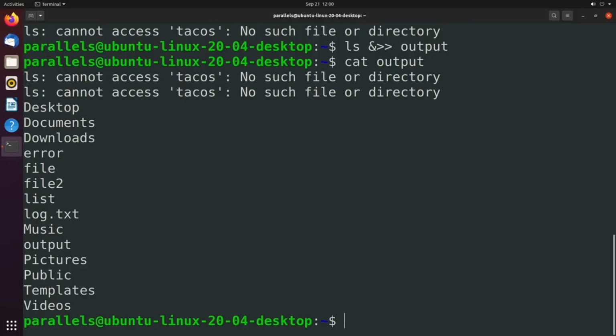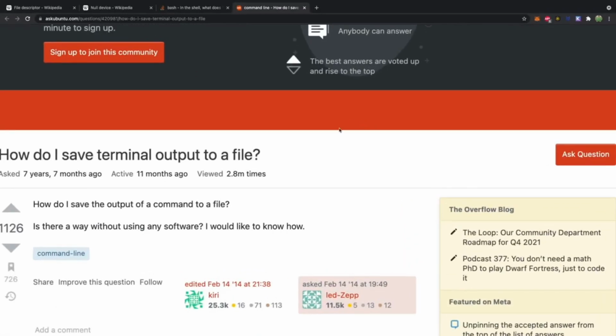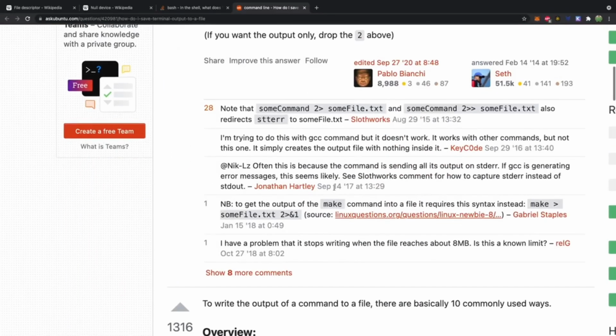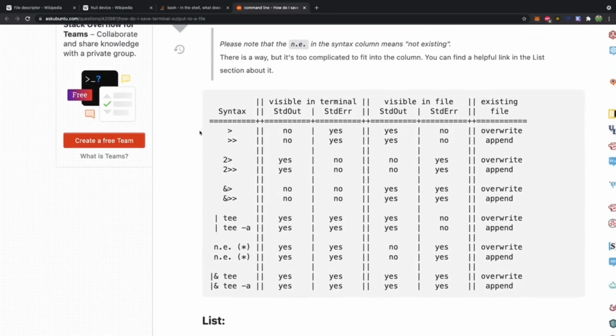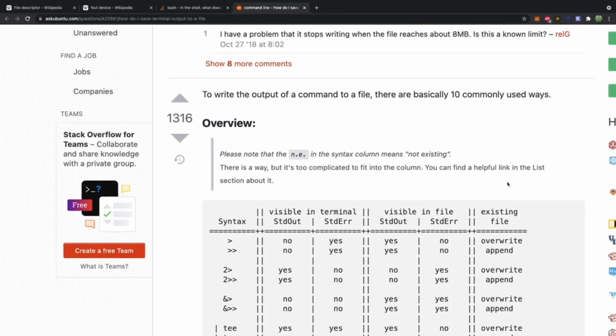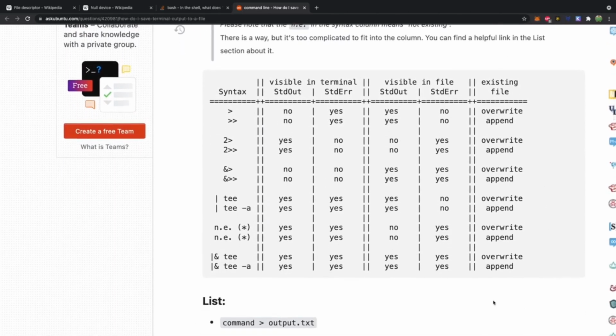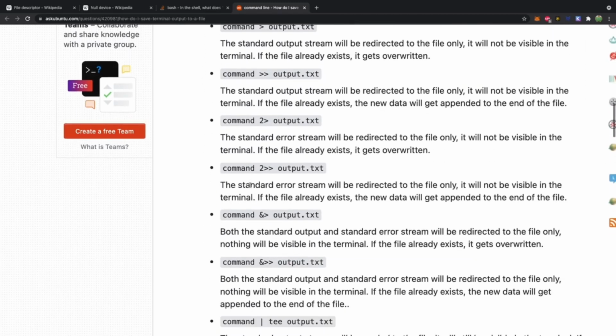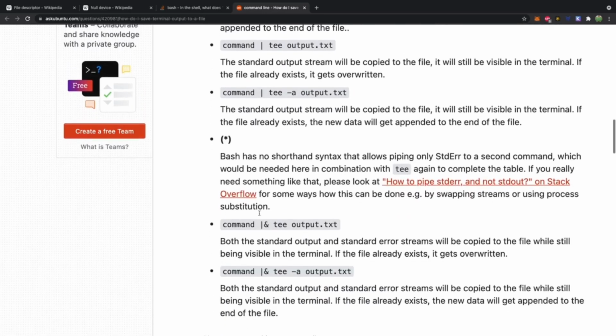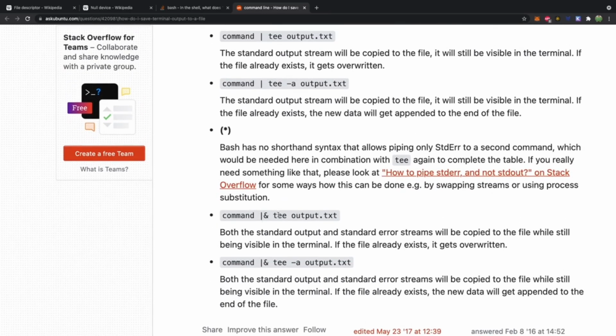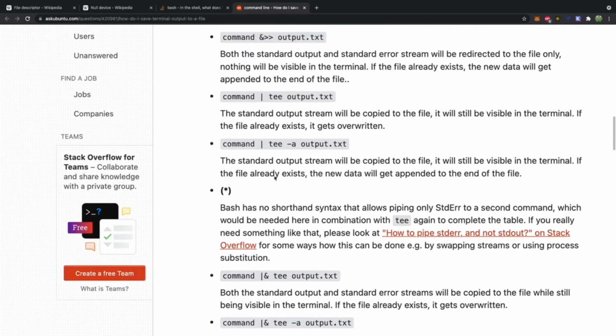So if you want a good, helpful table showing all these different options, you can find it on this question here. Scrolling down, you can see this lovely table of 10 different ways to redirect errors and standard output. And you can see them all here. We've pretty much covered some of these basic ones here. We haven't gotten into tee. So if you want a good description of all these different options and how they differ, then this would be a good way to start. Tee is going to be used if you want that output to show up in the terminal, but also go to a file. We might get into that in an upcoming episode, but for now, we've got the basics of